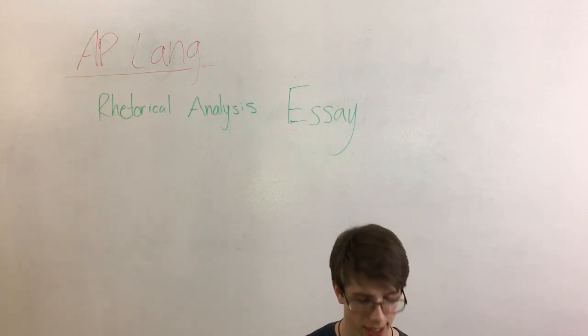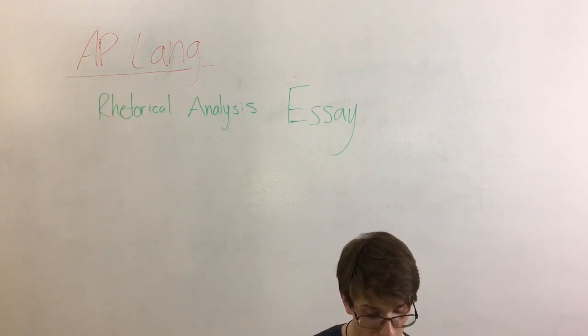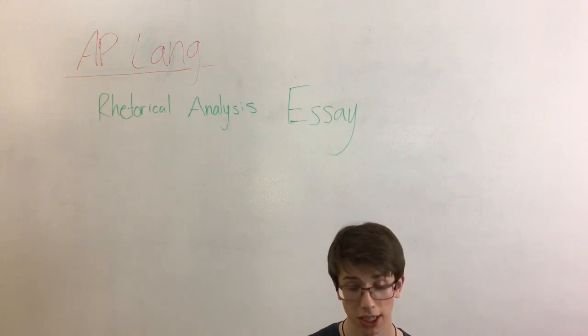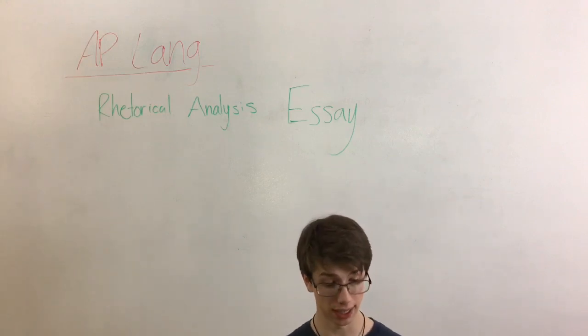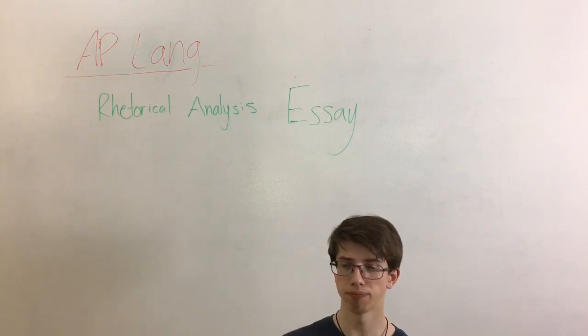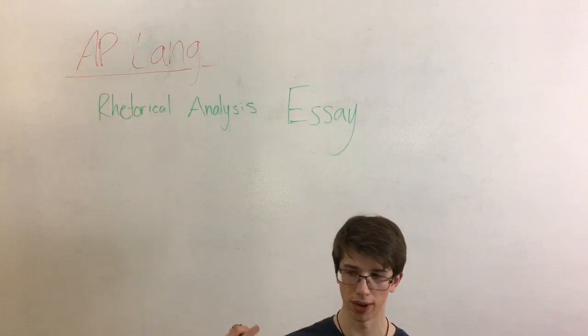So essays earning a score of 8 effectively analyze the choices the speaker makes to convey his or her message to the audience. They develop their analysis with evidence and explanations that are appropriate and convincing, referring to the passage explicitly or implicitly. The prose demonstrates a consistent ability to control a wide range of the elements of effective writing, but is not necessarily flawless. Now, implicitly or explicitly just means that you're either quoting or paraphrasing, and that's it.